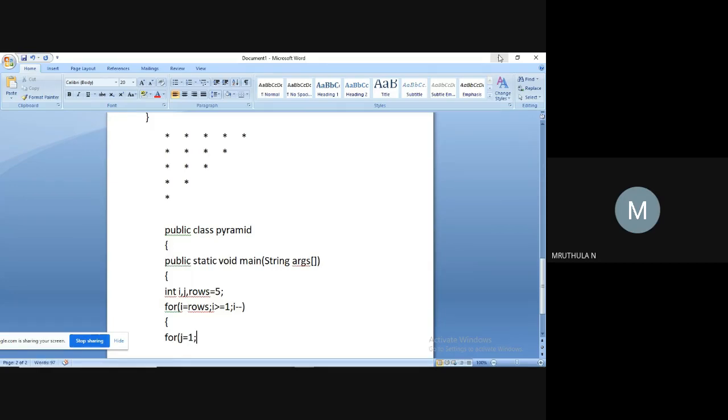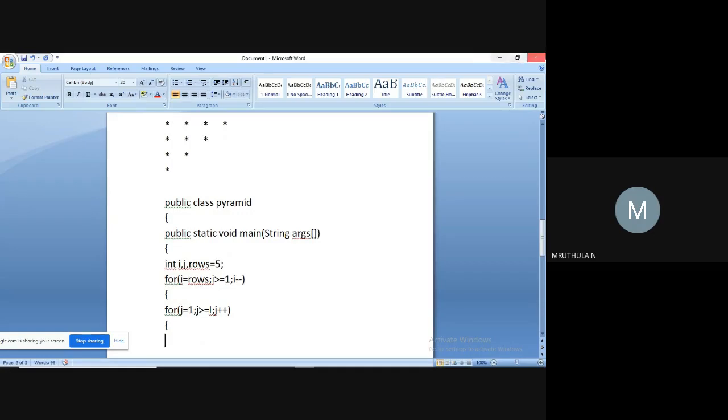For J is equal to 1, J greater than or equal to I, J plus plus. Then system dot out dot print, not println, system dot out dot print star and some space.